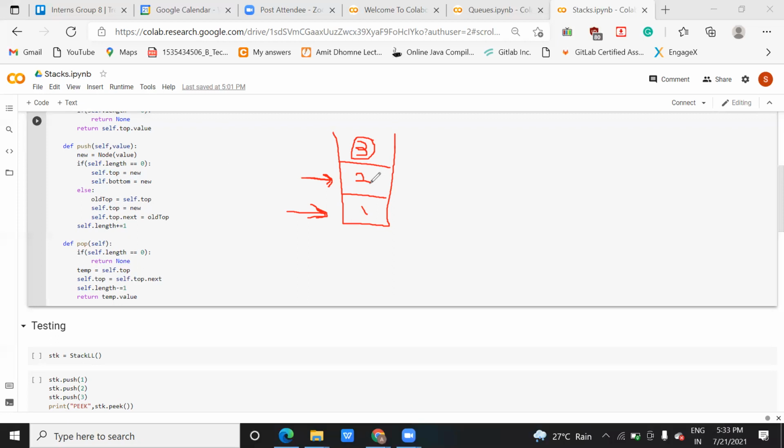Did you understand? Yes, yes. See, let me explain, it is very simple. Your current value is this one, and with respect to this current value, what is the old value? These two. With respect to self top, which means your current value, what is the next to this current value? Your old value. So this code is pointing to this line: old top, self top.